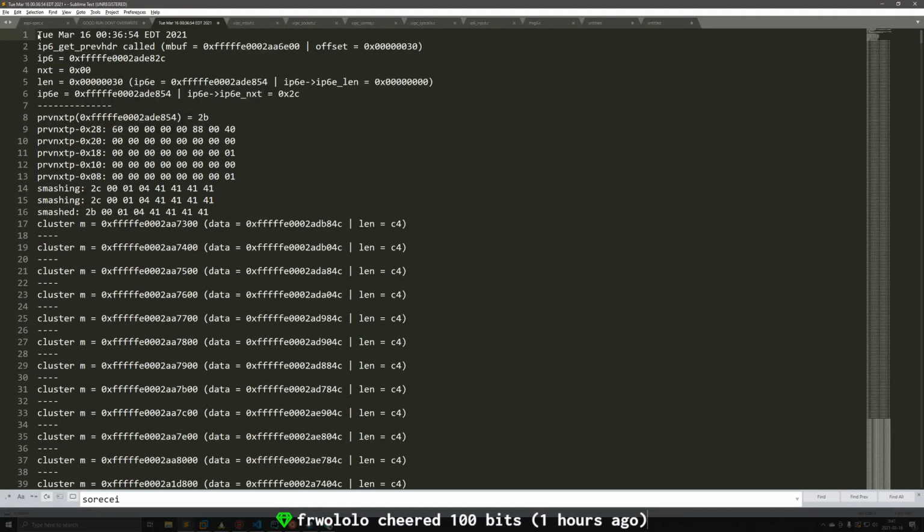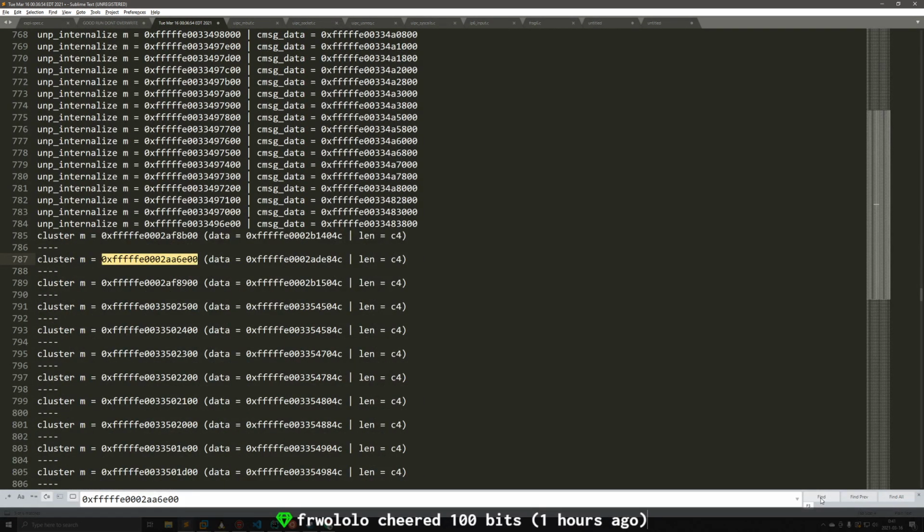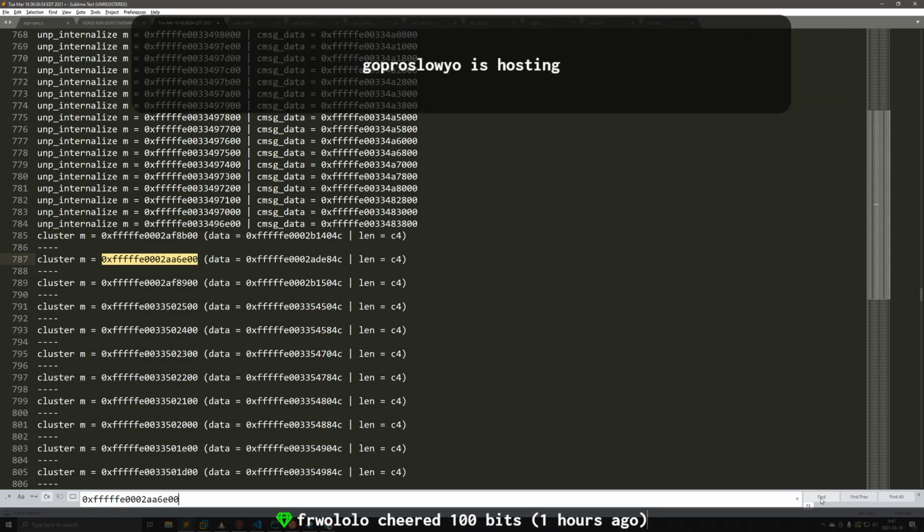There we go. Now we have a smaller search space. So this is the mbuf we have double free on. It gets taken by UNP internalize. Okay, here our spray is happening too early. Interesting.